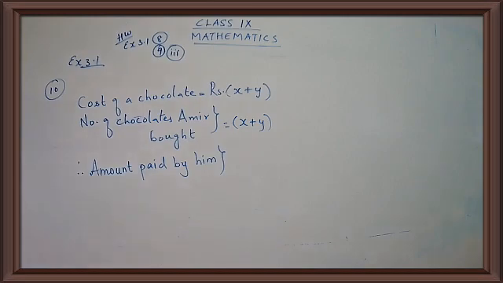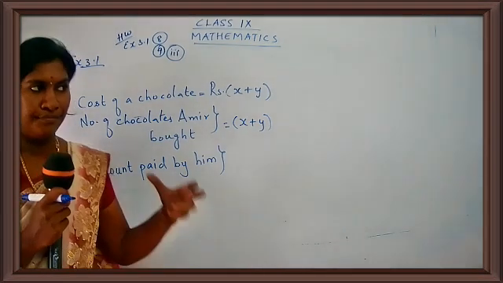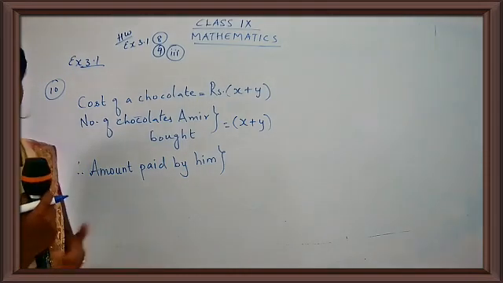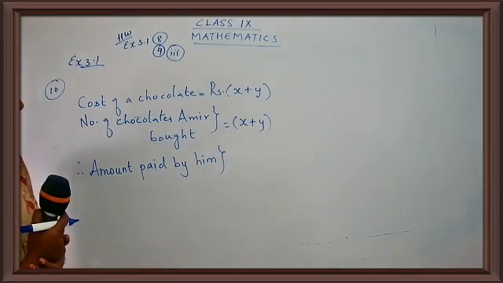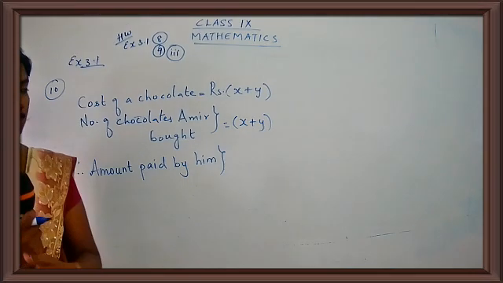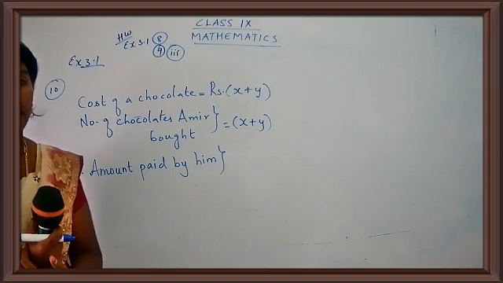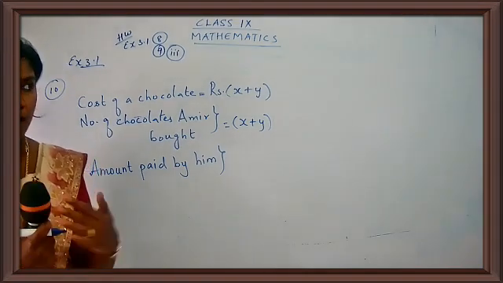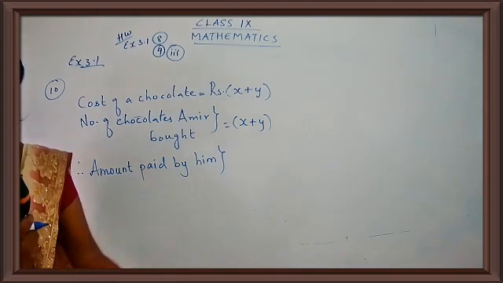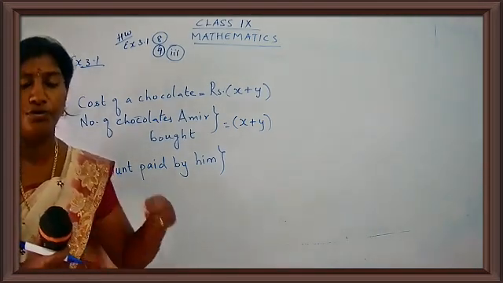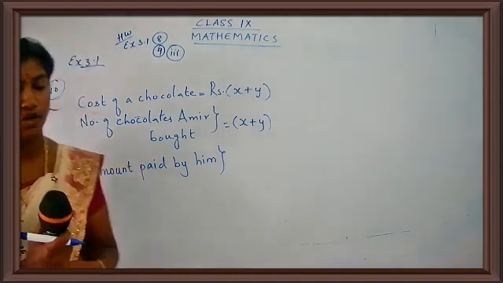Now, just before we go to these steps, I would like you to tell in simple terms. If you go to a shop and buy a chocolate for 5 rupees, one chocolate you are going to buy, and the cost of a chocolate is 5 rupees. So how much will you pay? 1 into 5. You bought one product, and the cost of the product was 5 rupees. So 1 into 5 gives you 5 rupees. You are going to pay 5 rupees to the shop.